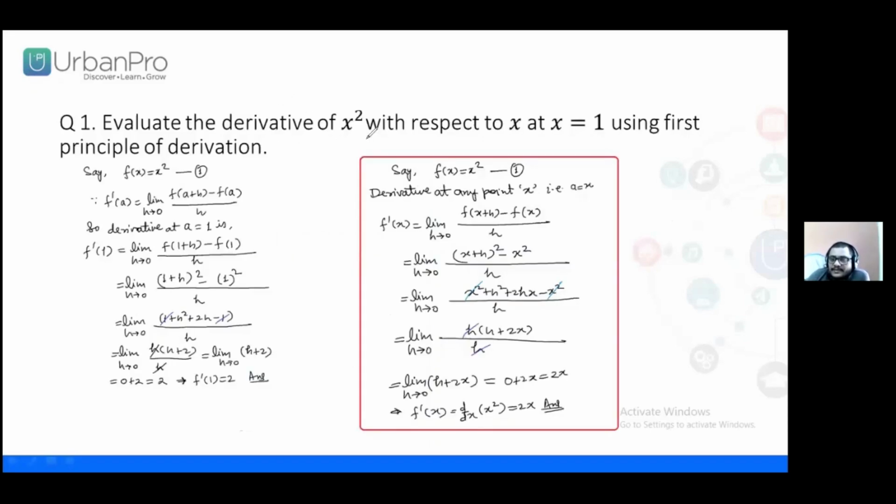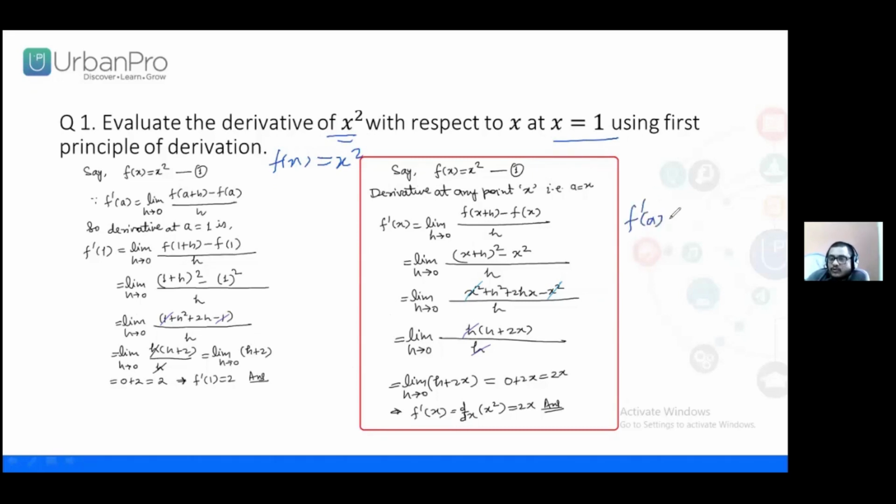So here we have considered a function x square, and that function f(x) is equal to x square. So this function is changing with respect to change in x. So first we have to find the derivative at x equal to 1. So we will use the definition of the first principle, using derivation using the first principle, and that is